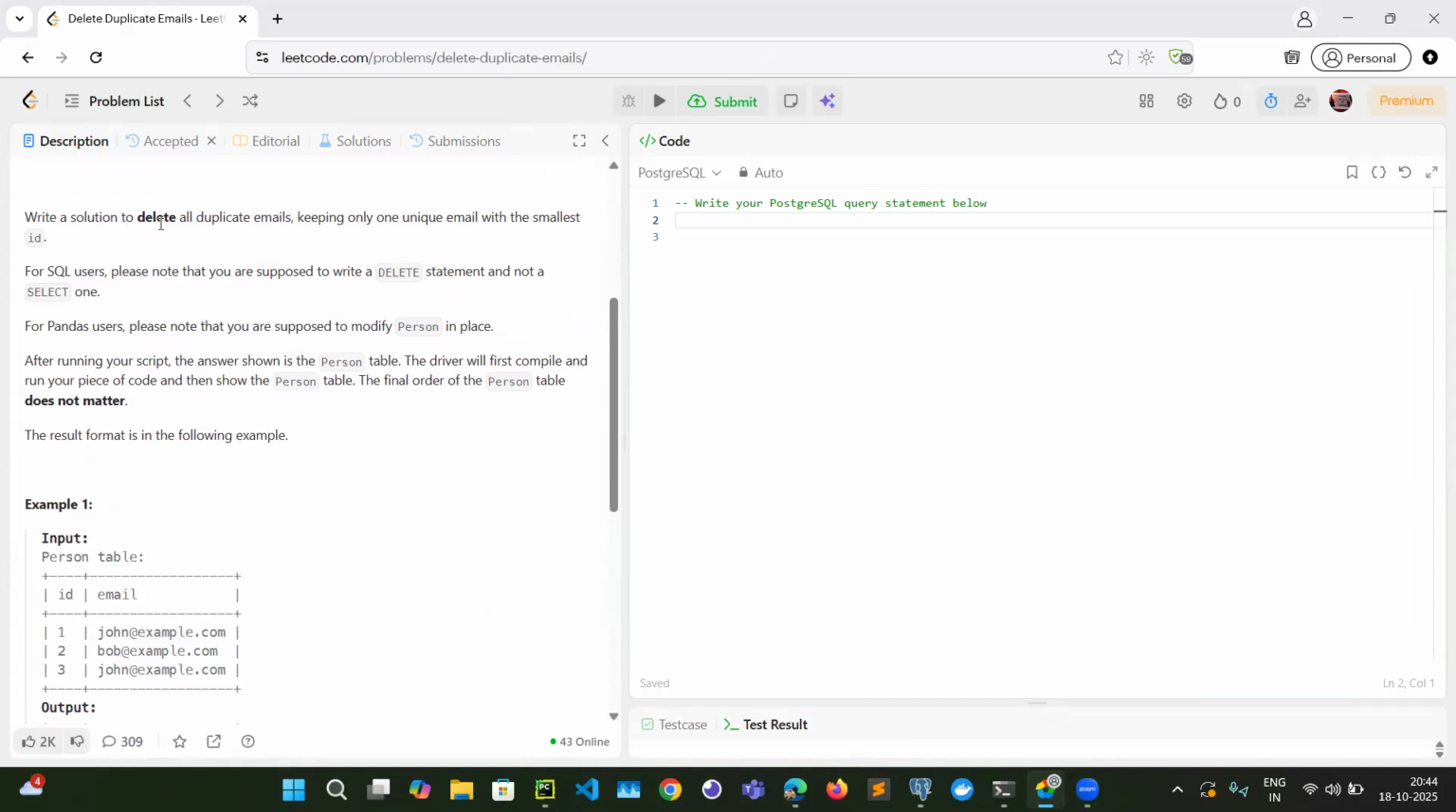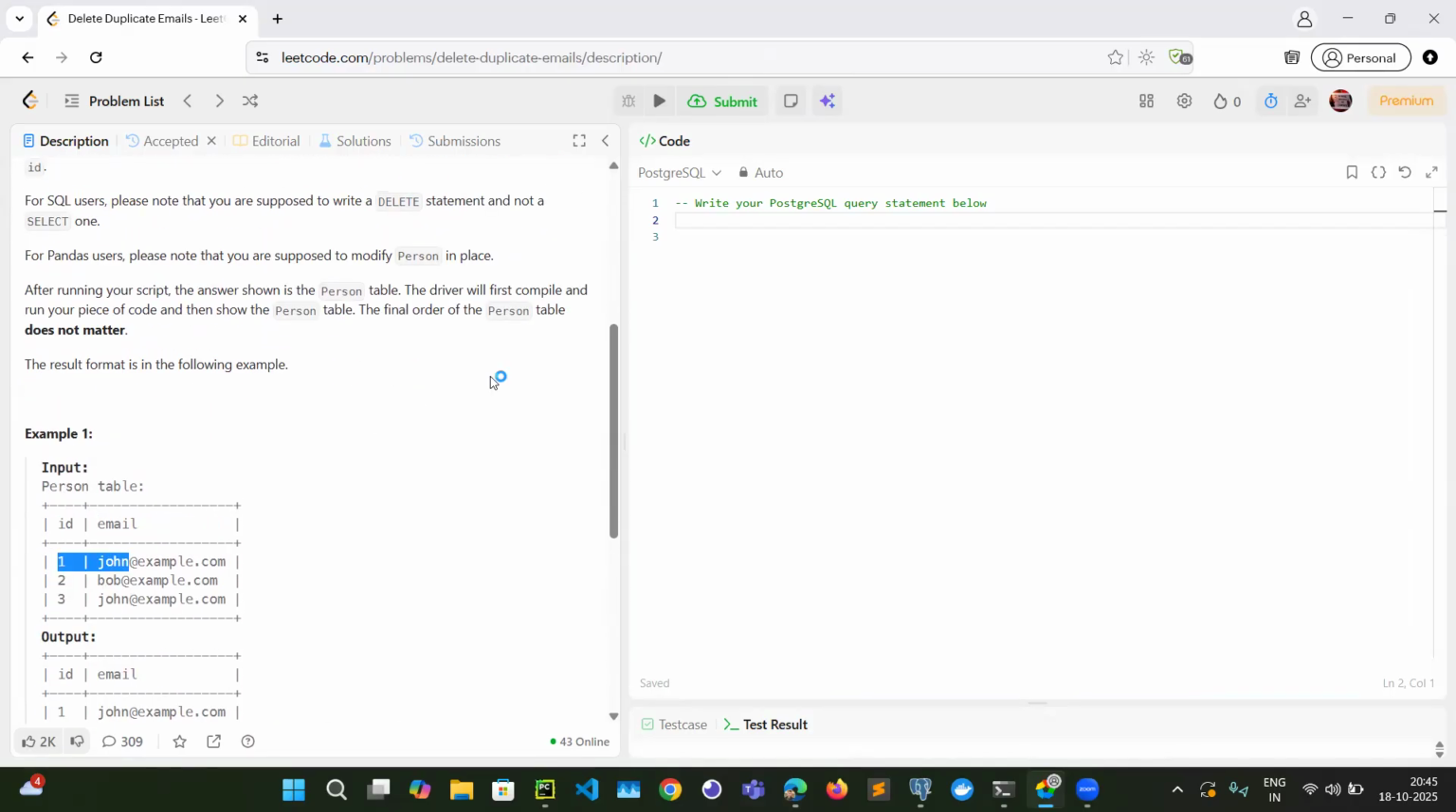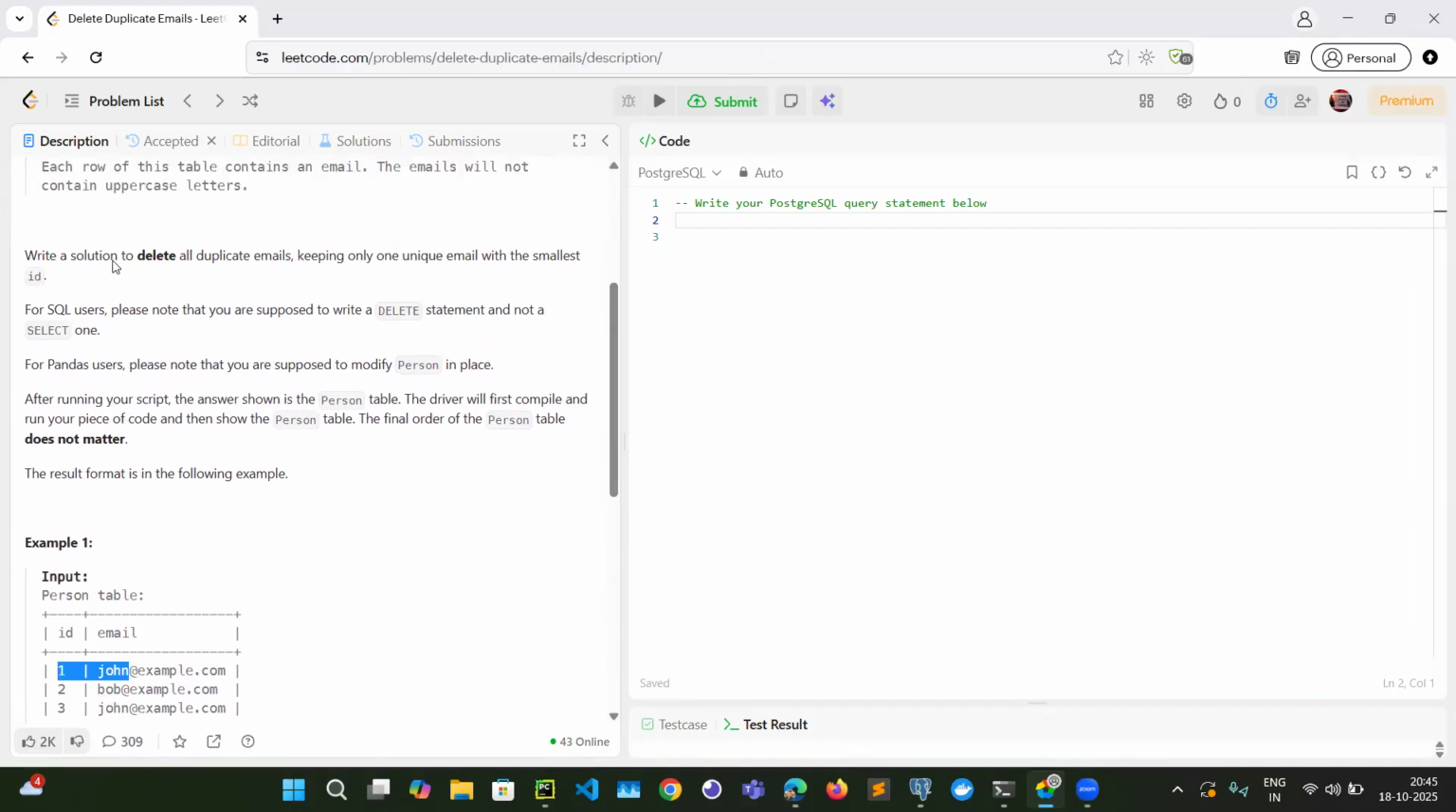And we need to write a solution to delete all duplicate emails, keeping only one unique email. So let's suppose you have multiple emails, you just need to keep one. And which one do you need to keep? The one which has the smallest ID. So they mention, write a solution to delete all duplicate emails, keeping only one unique email with the smallest